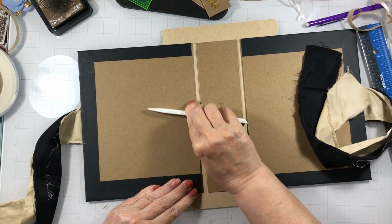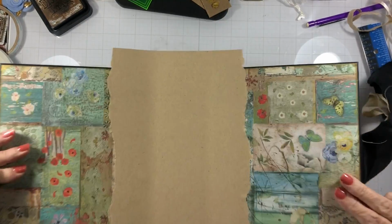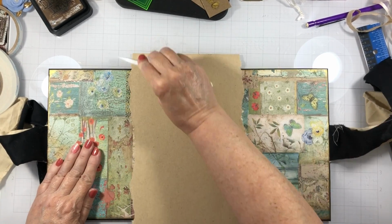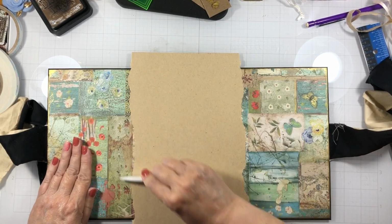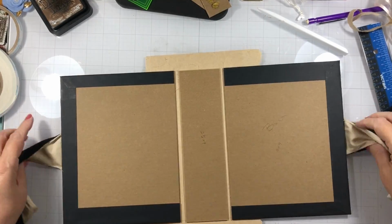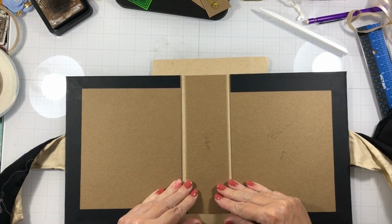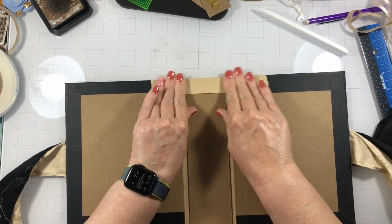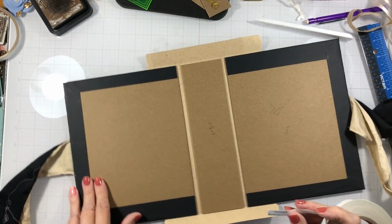Here's that one. Let's turn it over. Okay, and then we are going to want to wrap this craft around. First I'm just lifting it up, and then we are going to take our tape and